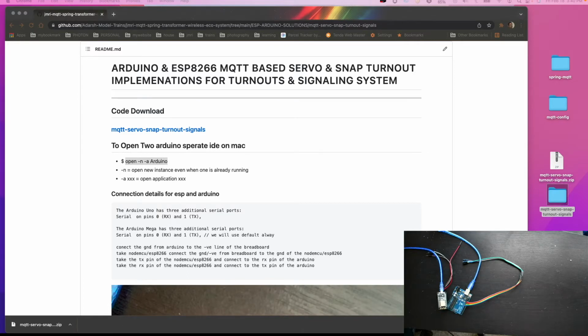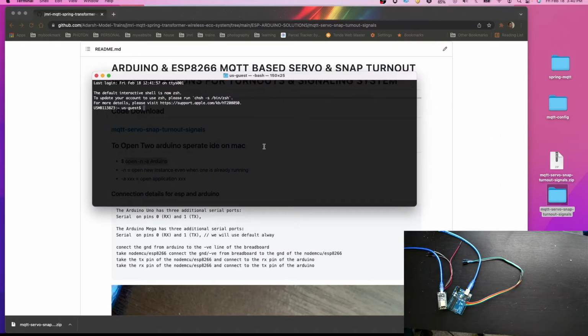So now what we will do, we'll just start the Jmri first. Sorry, MQTT desktop, MQTT config, Python start. So our MQTT has been started now,